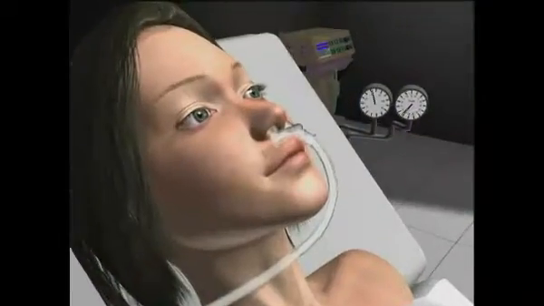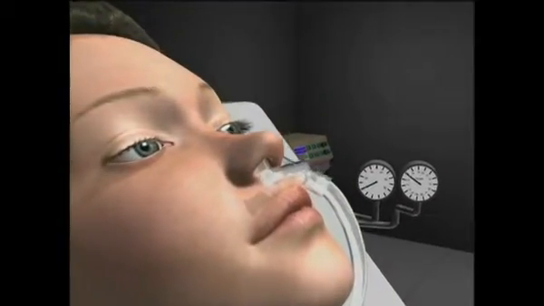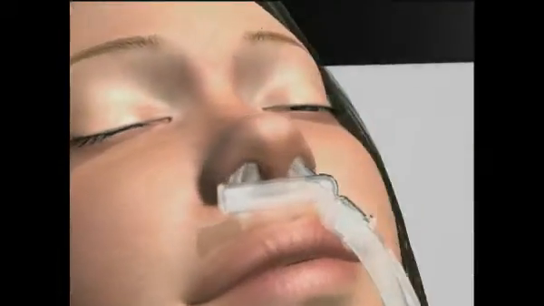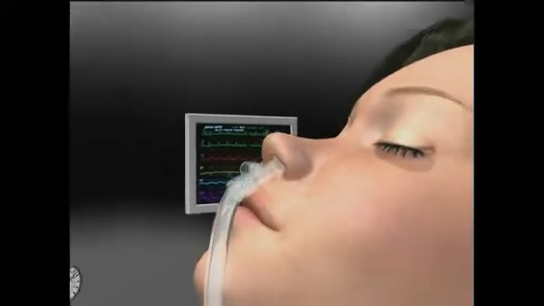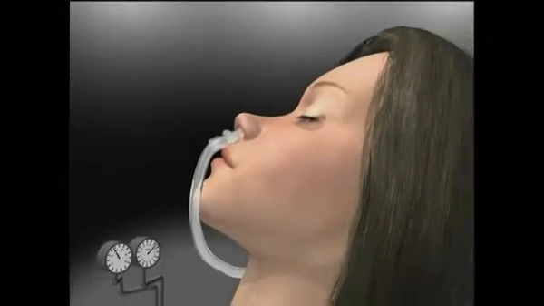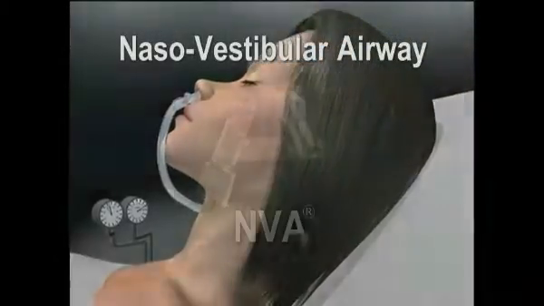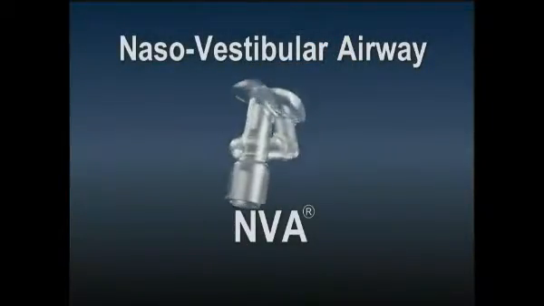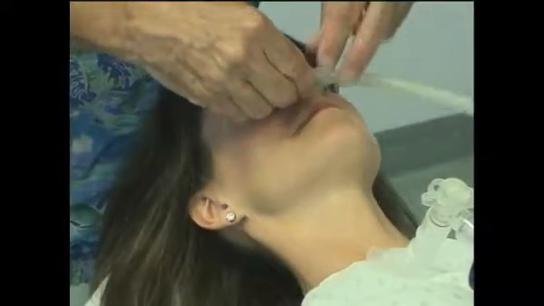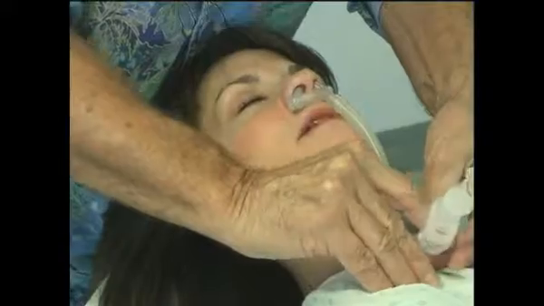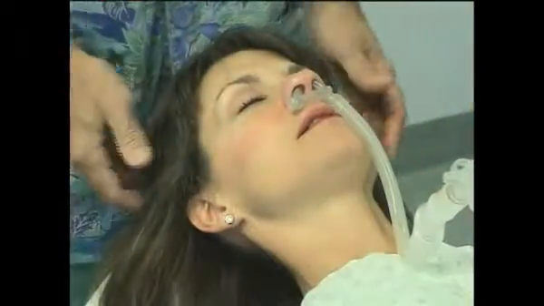The following devices are indicated to prevent airway obstruction, to optimize the functional residual capacity, and to regulate the delivery of oxygen in an anesthesia CPAP system. The nasovestibular airway, or NVA, is an interface device which seals to the nose of the patient and connects to ventilator tubing for the purpose of delivering nasal CPAP. It is especially indicated in facial surgery where it is self-retaining, requires no straps or tape, and is unobtrusive in